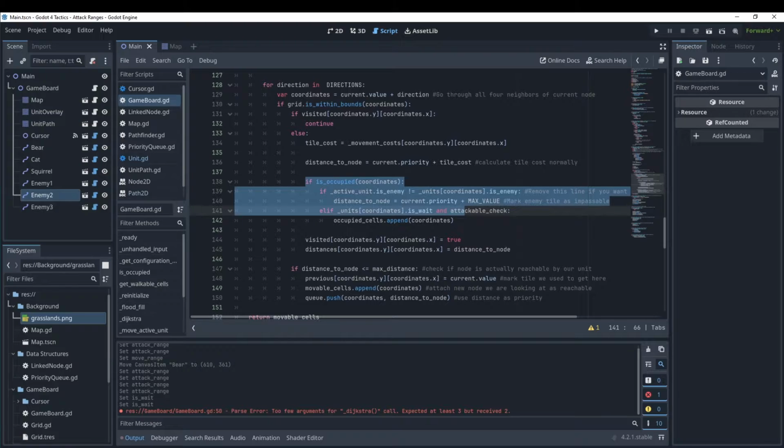So essentially now this if, what it does is it checks to see if the tile is occupied by the opposite team or by a weighted unit. The or _units at coordinates dot is_wait is the line that we're going to use to calculate the actual attack range for display and on hover. If you don't care for that, you can remove this line if you do want the attack ranges to always be displayed even if a unit cannot walk to a certain cell,